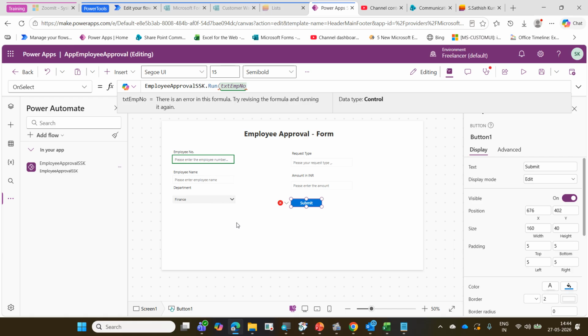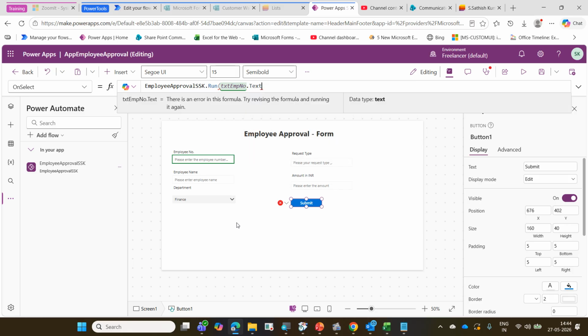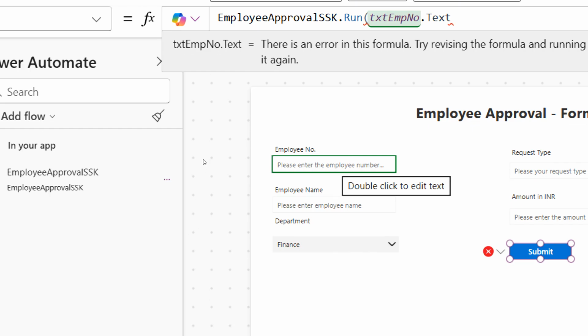That's my methodology. You can give any name. Employee EMP number dot text. I think we have covered this in the Power Apps training. Whatever text you are entering, I am sending it to my Power Automate. Whatever employee number I am entering, I am sending it to my Power Automate. Employee number, comma. Next one,